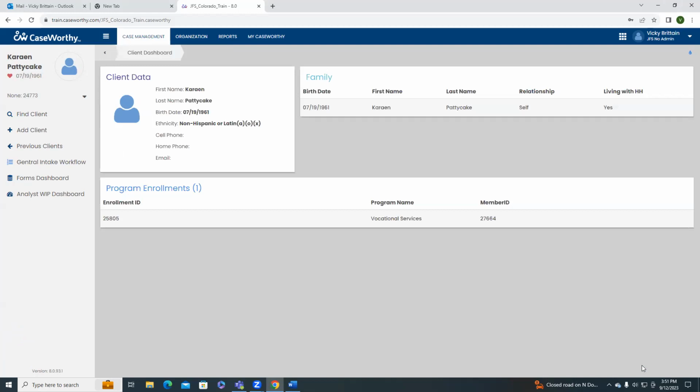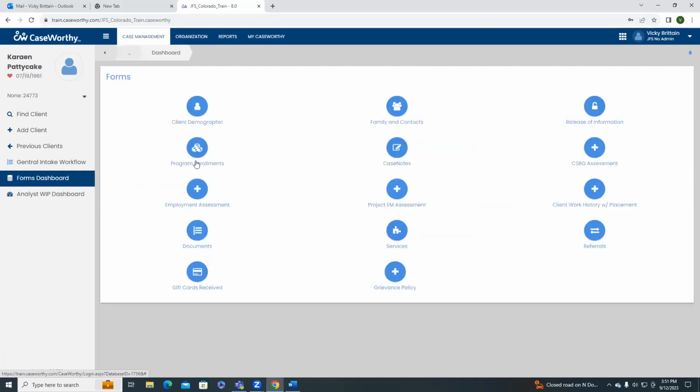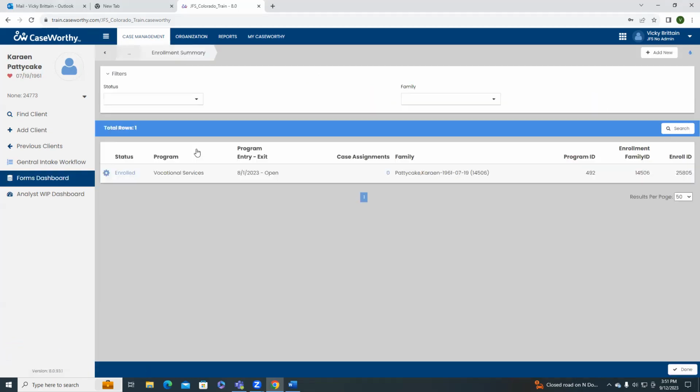Click save. Again, you can see she's still only enrolled in vocational services. Even though she's been referred to us, she has not been enrolled in our program. You have to manually go and enroll the client. Back to your forms dashboard, program enrollments, add new,